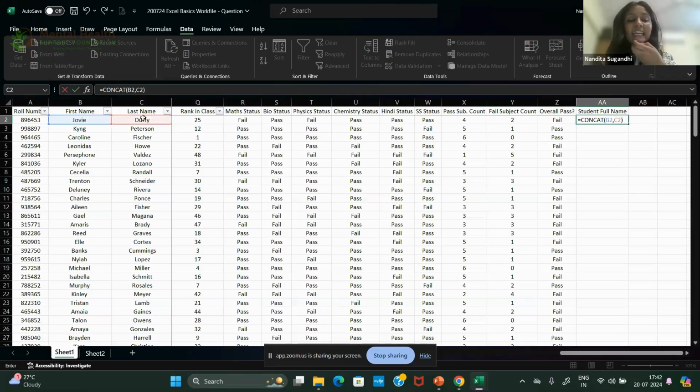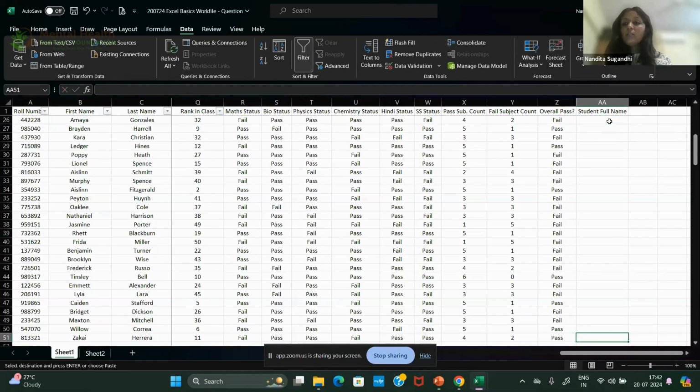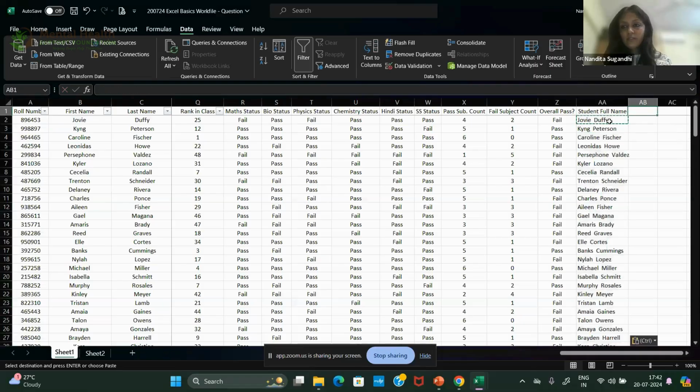There is already a blank space in the last name before the character D, and therefore I am not passing a blank space. But otherwise, what you could do is pass a blank space as well. Any text which is covered by double inverted commas becomes a string as read by Excel. So you can do that. And here is your student full name, Jovi Duffy, in one single cell itself.